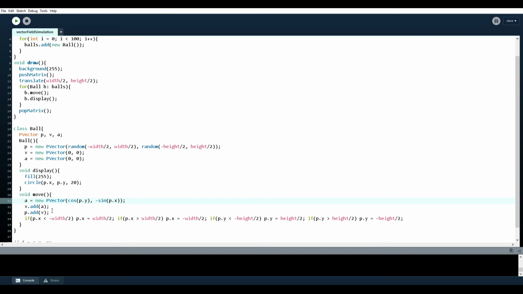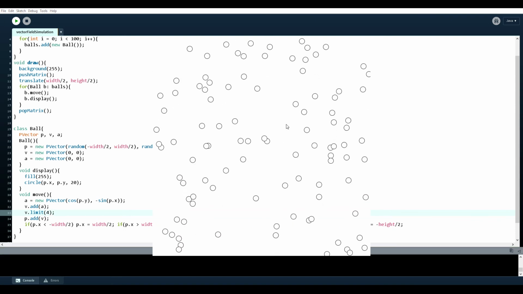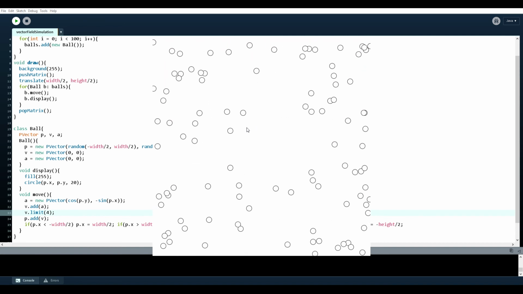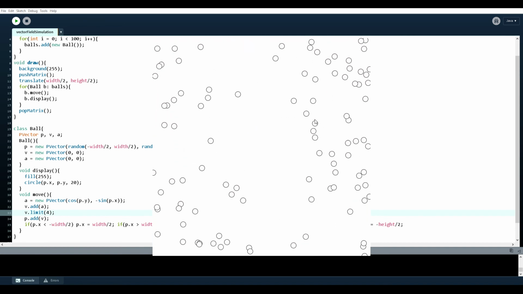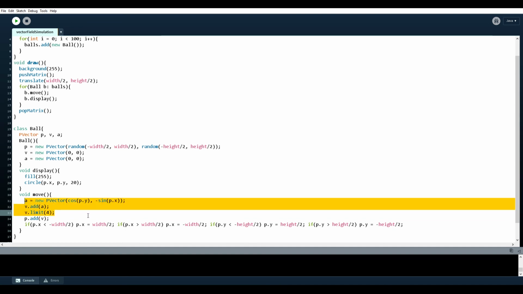Okay, what if we did have a limit and v dot limit 4 semicolon. Yeah, they're just doing the thing I was talking about. They just stay in the fast lanes or whatever. So not that cool, but if we go back to the velocity thing,